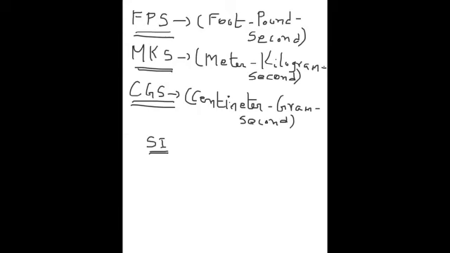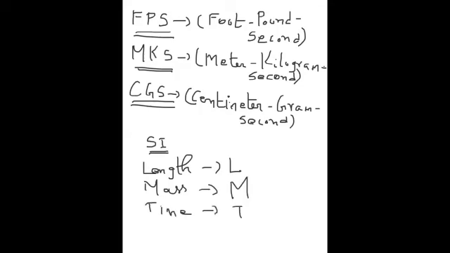No matter what the scale of measurement, that is, whether length is measured in centimeter or meter or miles, length is assigned a dimension L. Similarly, without bothering about whether mass is measured in gram or kilogram, mass is assigned a dimension M and time the dimension T. Numbers are dimensionless. For the equation to be correct, the dimension of the left hand side should be equal to the dimension of the right hand side. Let us see how we use the idea of dimensional analysis using the following example.